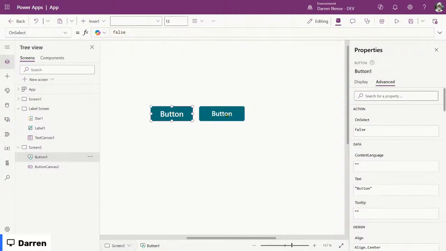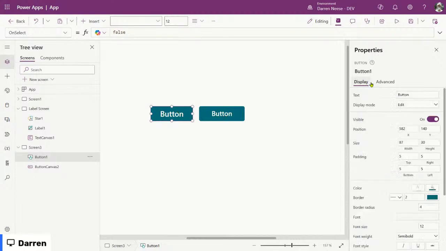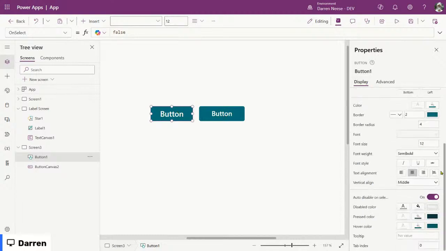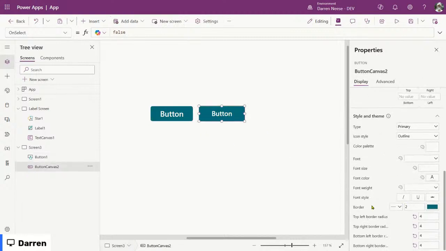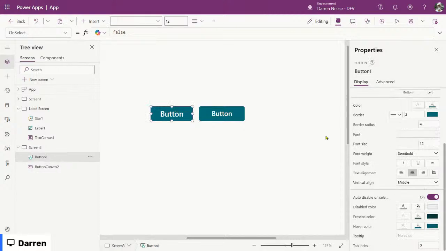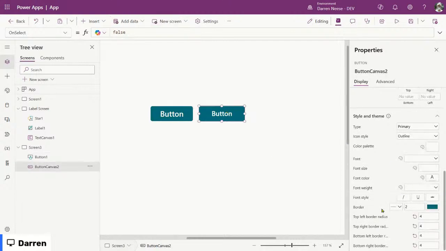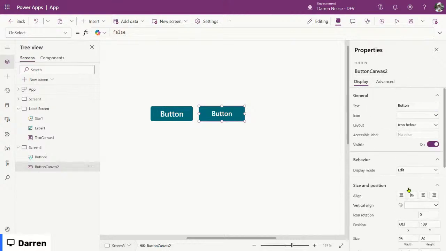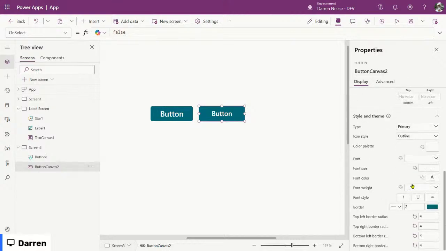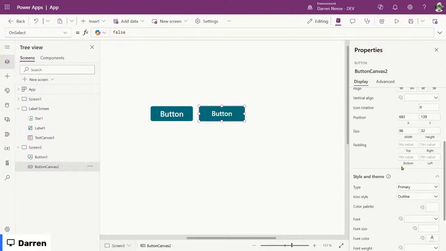Okay. Any drawbacks to using one over the other? Now look at this. The classic one seems to give us more control. We can change the disabled color, press color, hover color. Over here, it doesn't seem like we have that type of control. So for this modern one,